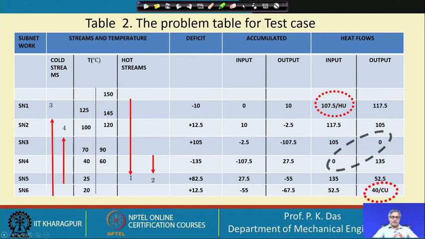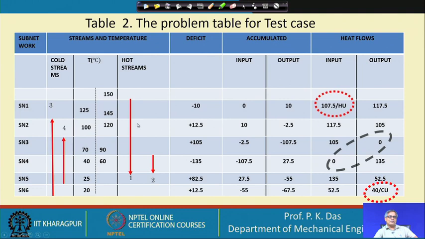We are considering a total network of heat exchangers, but for a small temperature range we can have a subnetwork. Let us say here the hot stream number 1 starts from 150 degree and ends at 145 degree somewhere in between. Of course, after that it is also getting cooled. So, one interval of temperature we can get in which there is only one hot stream, 150 degree to 145 degree. So, that becomes your subnetwork 1.